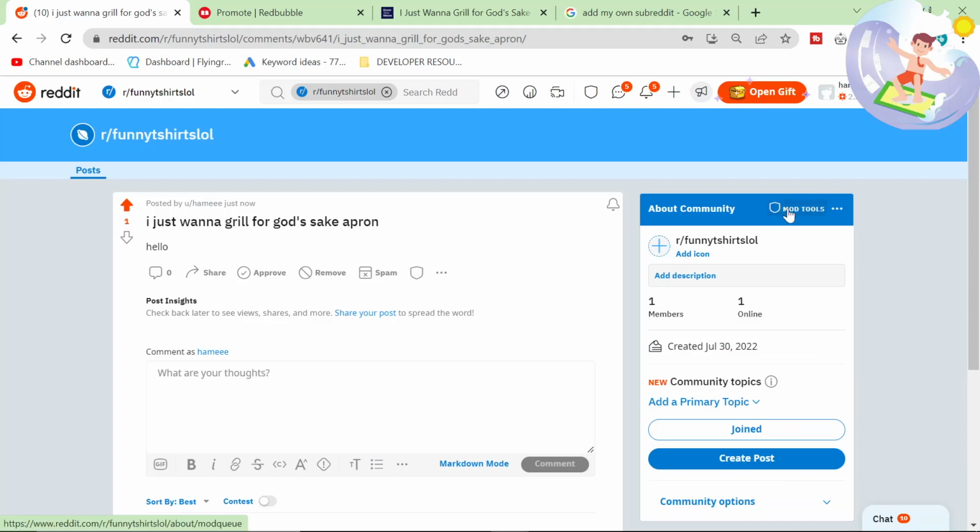That's the beautiful thing. You have all the power. Look, mod tools. You can do whatever you want with your subreddits, and I'm sure there's a way to set this up to organically grow within Reddit as well. The more I'm thinking about this, the more I'm getting excited about how this is probably one of the best methods to advertise your Redbubble stores. Reddit has better SEO than